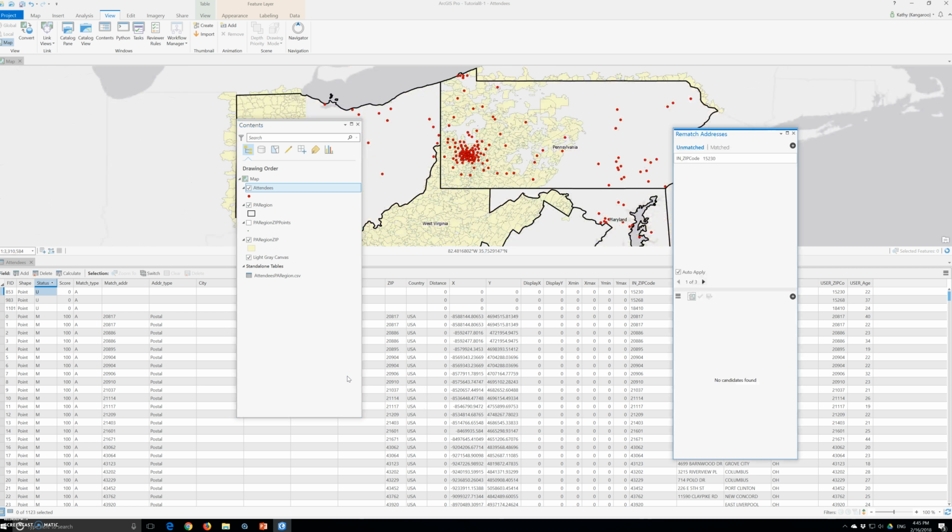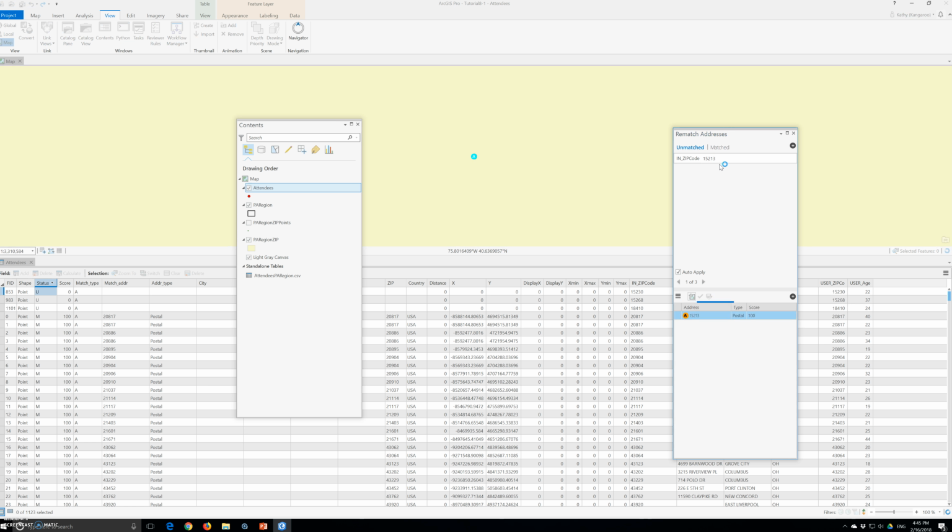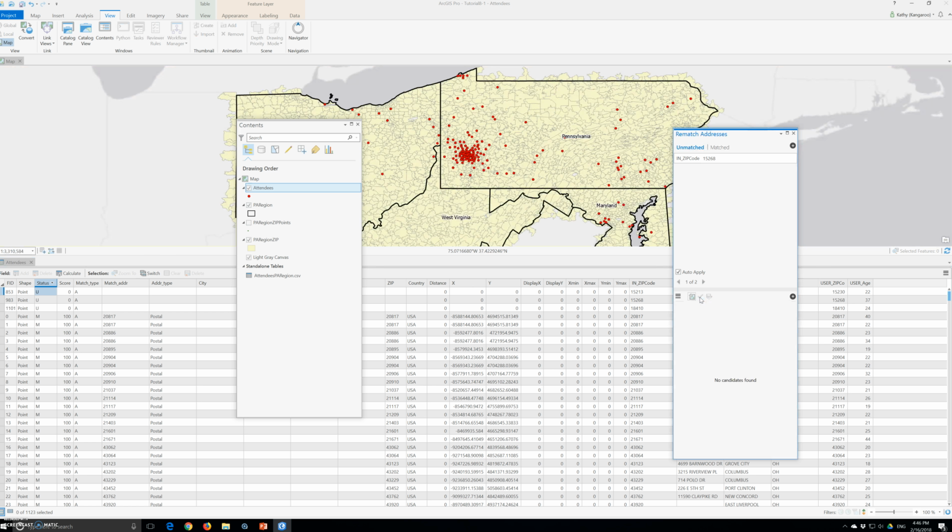The first unmatched record comes up with the incorrect zip code, which is right here, and we will change it to 15123. Okay, and click enter. Alright, we find it, and then we will click the match button, and the record is matched and mapped. So turn off